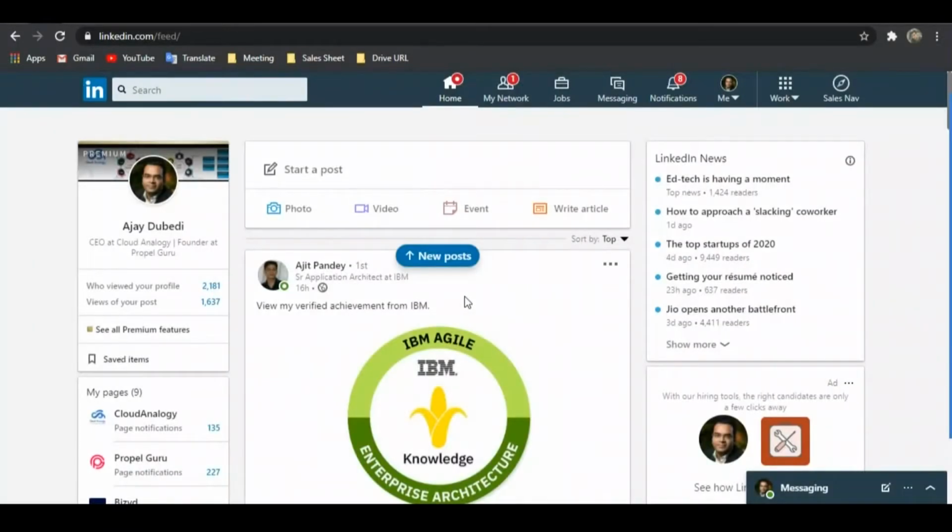So let's start with this feature, but before that, let's know the requirements for it. You should have a LinkedIn professional account. It can be team or individual. You should have a defined target audience whom you want to reach out to. Now let's go through some basic steps to get started.